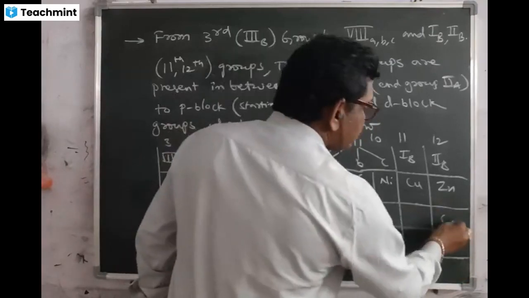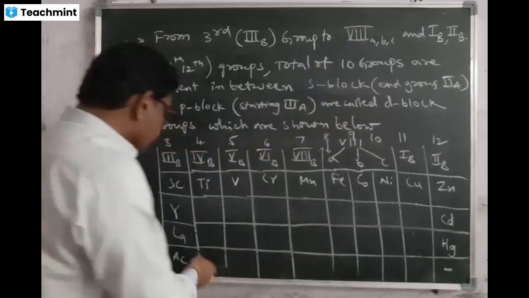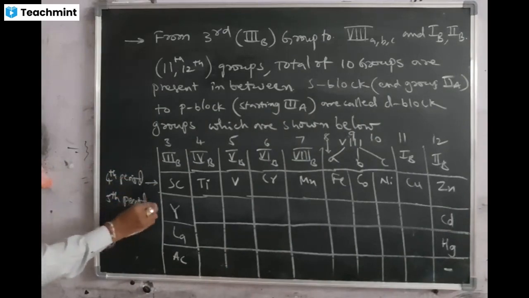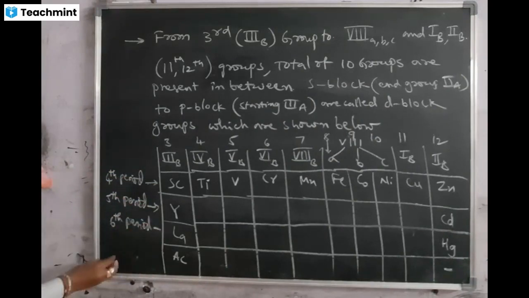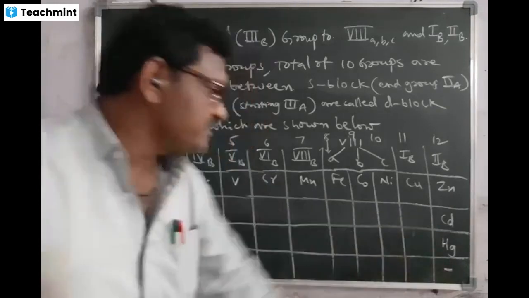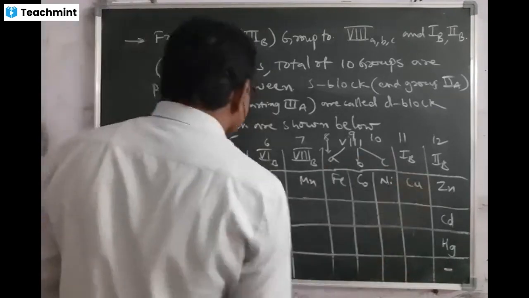Here zinc, cadmium, mercury. Here no element, because the last series is an incomplete series. Actually, this is the fourth period, this is the fifth period, and this is the sixth period. As you know, the seventh period is incomplete. That's why here we don't know the elements. Just to simply remember the first group and last group of the